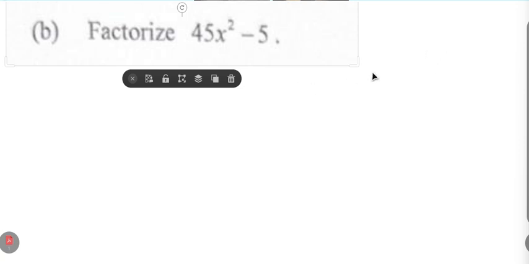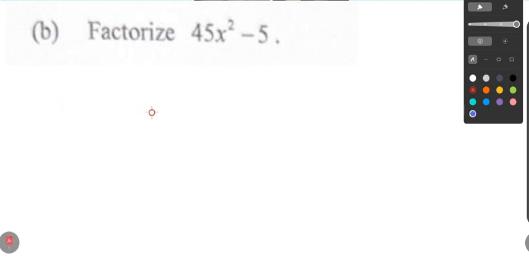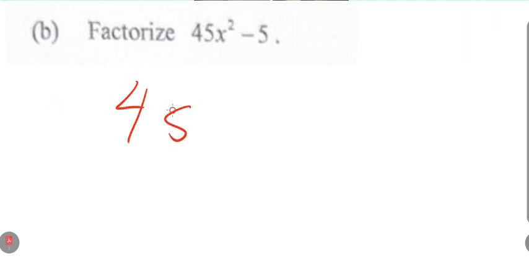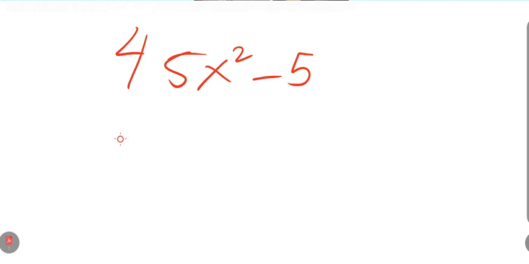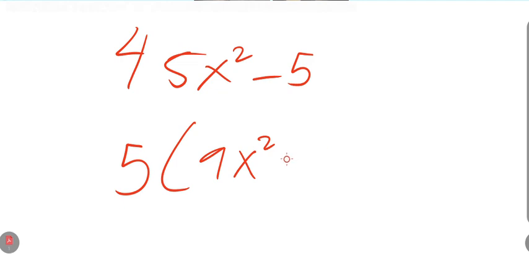Since we have 45, let's write out 45x squared minus 5. So let's try to factor out 5. That's going to give us 5 times 9x squared minus 1. Now, we're going to be able to recognize the difference